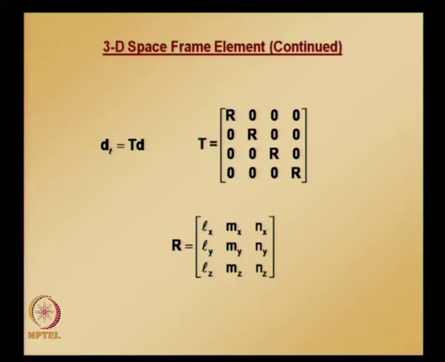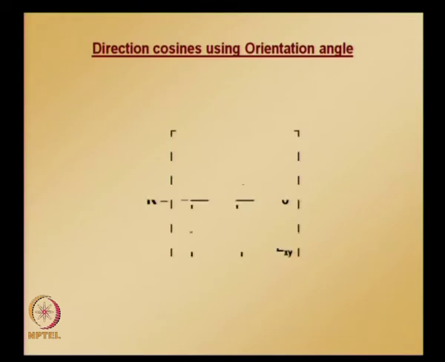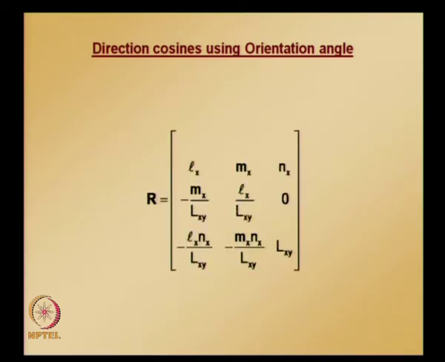Now let us look briefly at that method. This rotation matrix R consists of direction cosines. These come from the coordinate transformation from the local xyz to global XYZ, consisting of all direction cosines. So this is the R matrix, and this is the formula for obtaining direction cosines using the orientation angle method